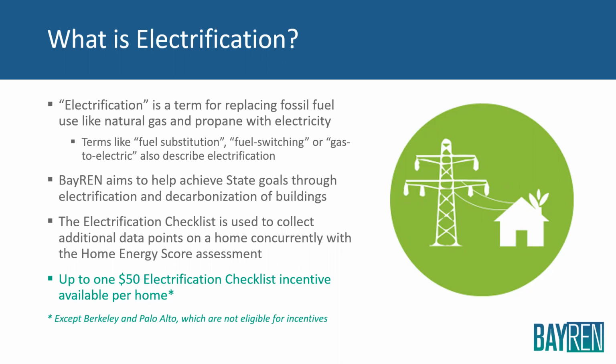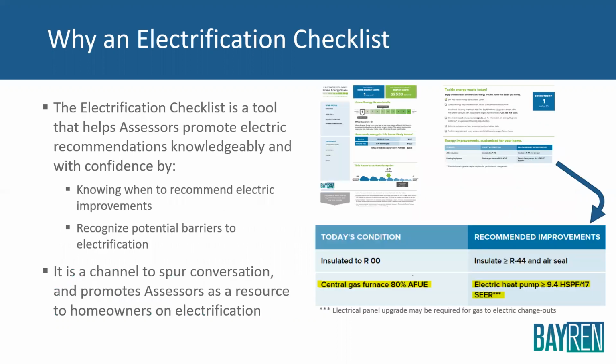One thing of note that this year, the incentive has dropped to $50 per home, except for Berkeley and Palo Alto, where the homes are not eligible for incentives. So we are hoping that by using this tool, and sure, we'd love to hear from you about how this